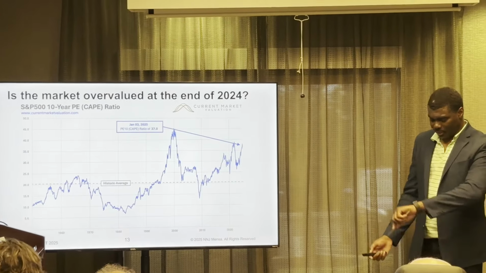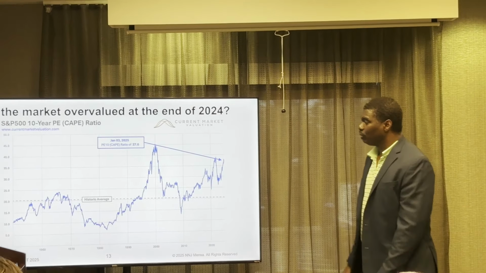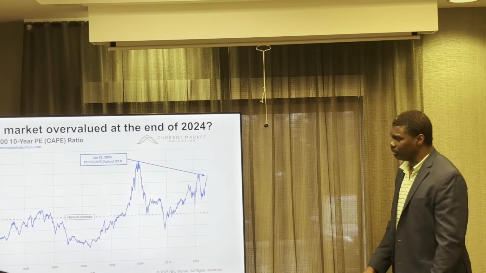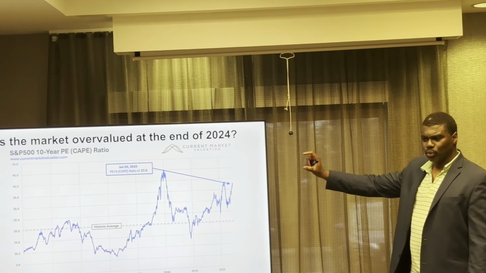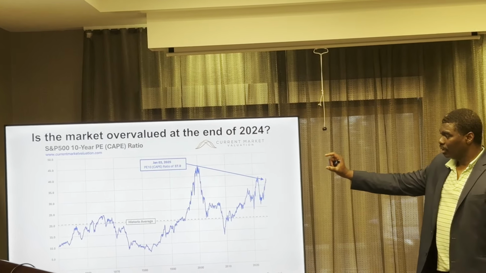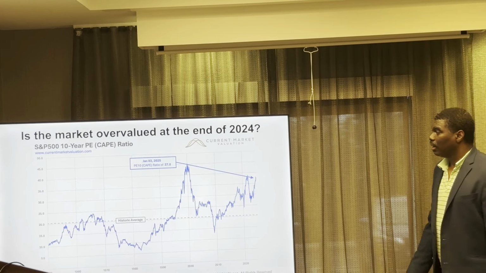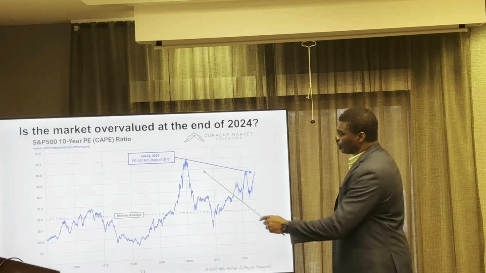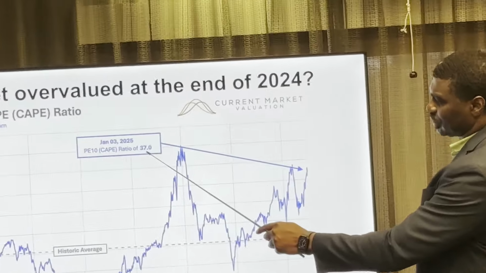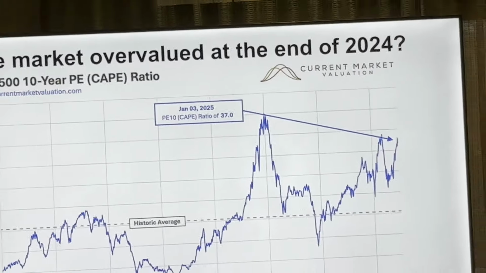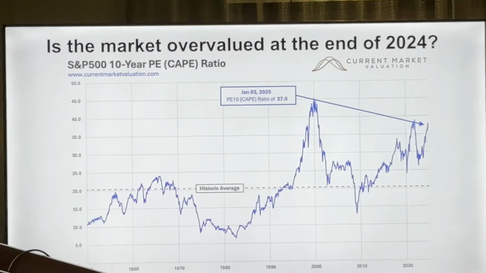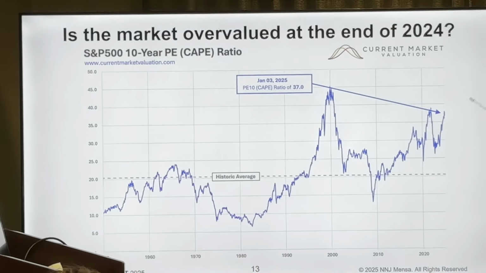The third way, and I'll quickly wrap up. I want to leave time for any questions you may have. Is just looking at the actual value of the PE ratio. It's currently at a ratio of 37, price to earnings. Now, what does price to earnings mean? What does a price to earnings of 37 mean? It means